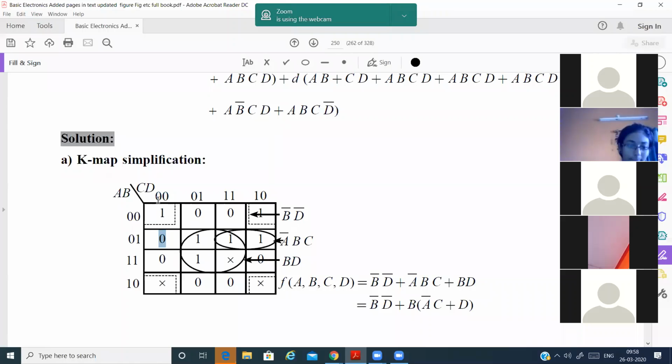When we are taking vertical, how many boxes correspond here? Only this one. So it will be C bar D bar. Here you will be taking common value B. Then it will be plus B bar C, plus B C bar D bar.